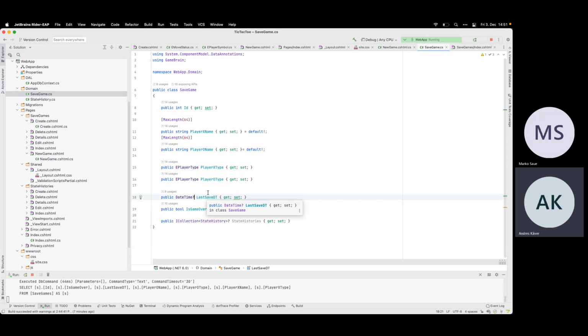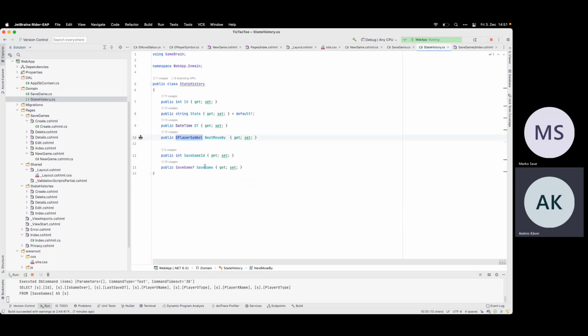So who makes the first move is not clear. It is here in the state history, like next move by, but we don't have the history yet. So basically anybody can make the first move. So we can keep it like this.